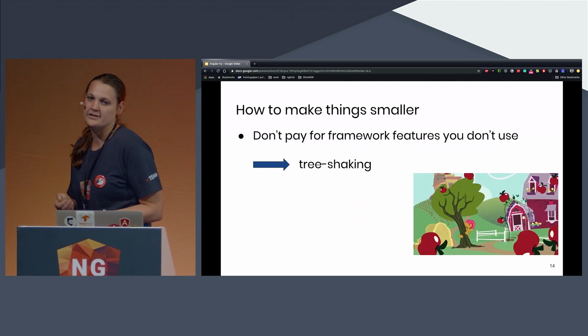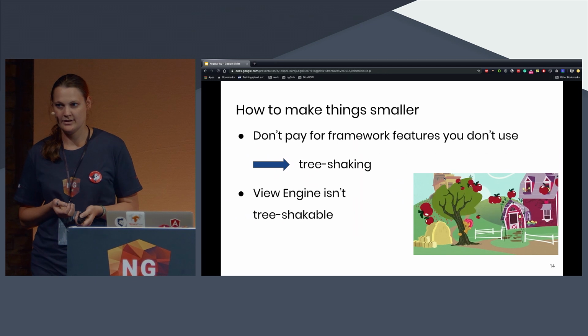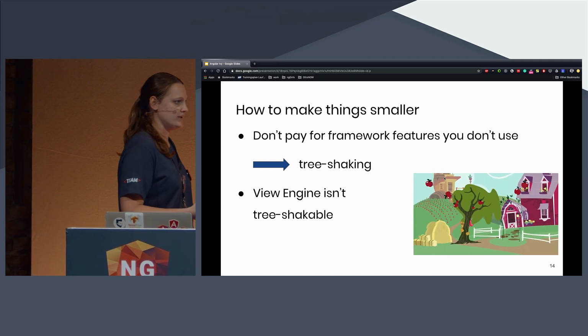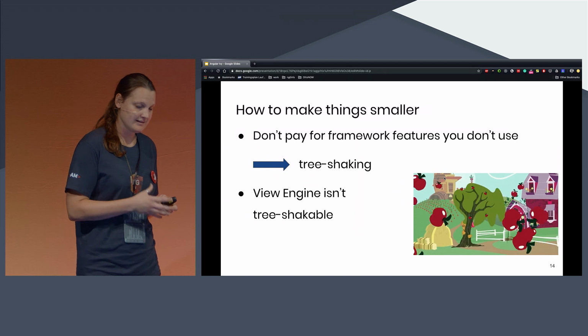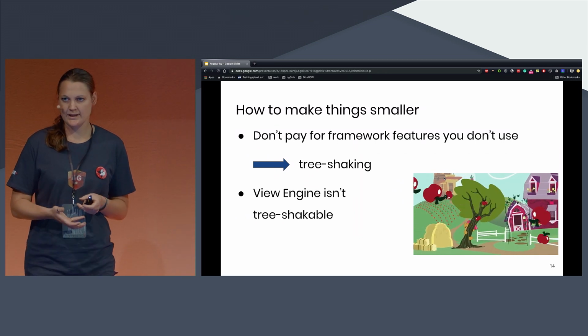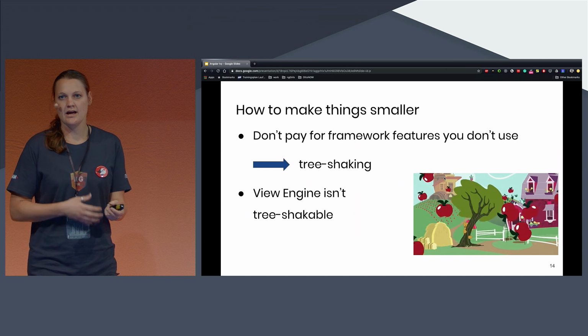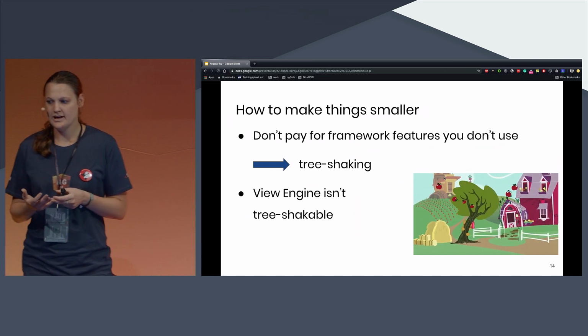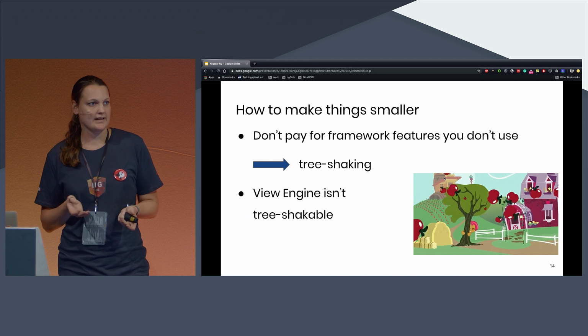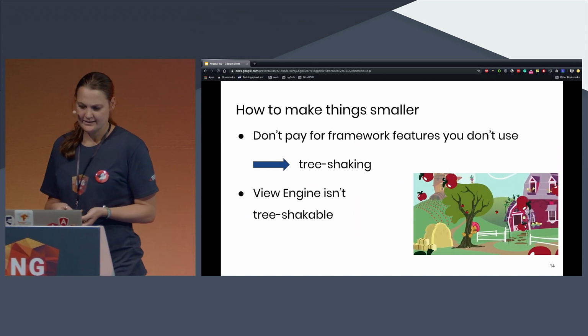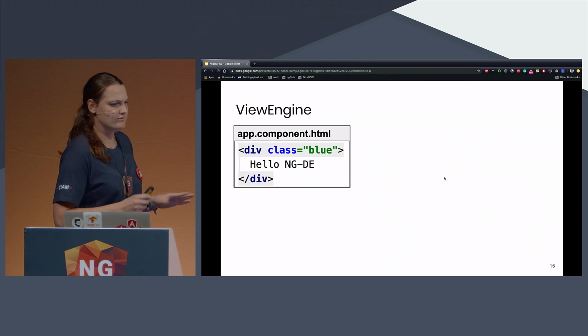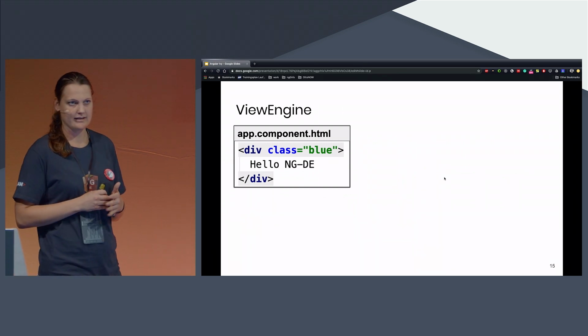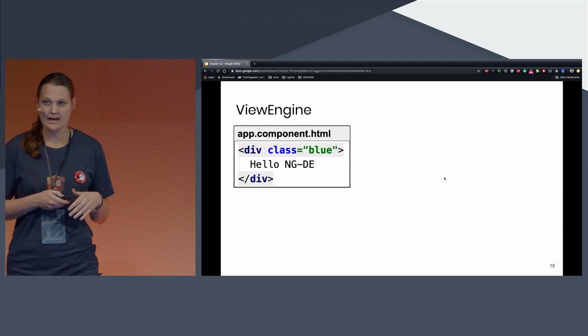And here's the point: the View Engine isn't tree shakeable. That means the whole Angular compiled View Engine is really big because it ships so many functions and code that you might not use, but it's still there. But why is it like that? First we have to go again through how the View Engine is actually compiling the template code. It creates, and this is now inside the ngFactory file, something called a view def.